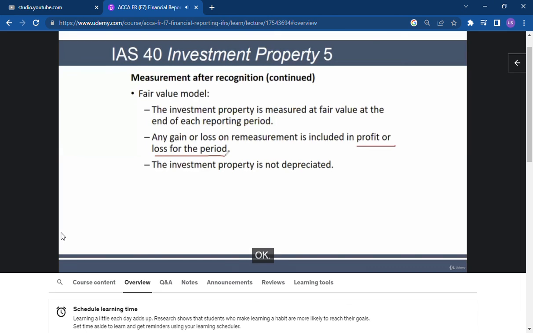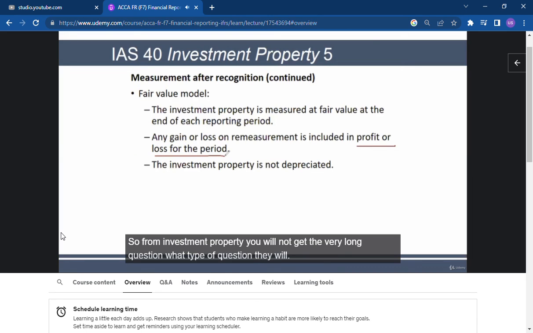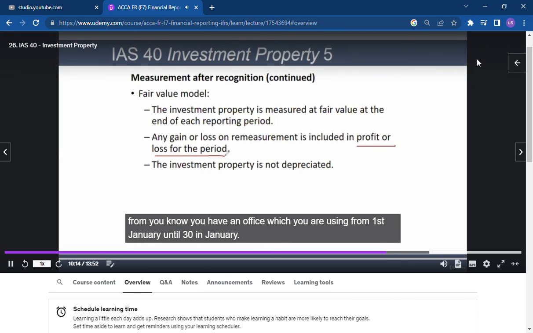Yes. Okay, so from investment property, you will not get a very long question. What type of question they may give you, and they will probably give you this: they will tell you that a company has some office, you have an office which you were using,